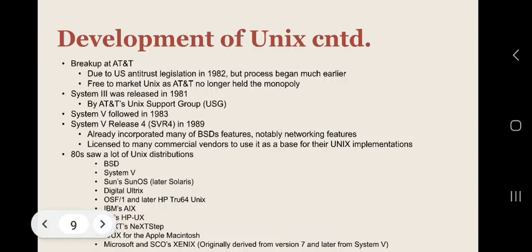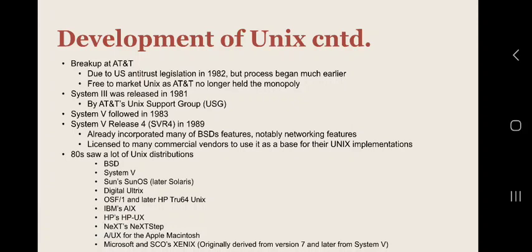And System 5 Release 4 finally came in during 1989, and that was one of the very popular operating systems back then. System 5 Release 4 already incorporated many of BSD's features, notably the networking functionalities, like those TCP/IP functionalities, because those were very crucial and found to be very important for the modernization of computers and applications, so they incorporated that, and they licensed it to many commercial vendors to use as the base